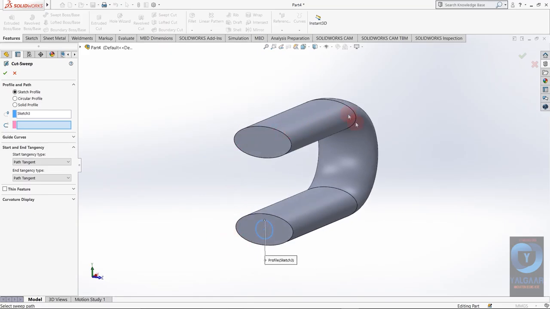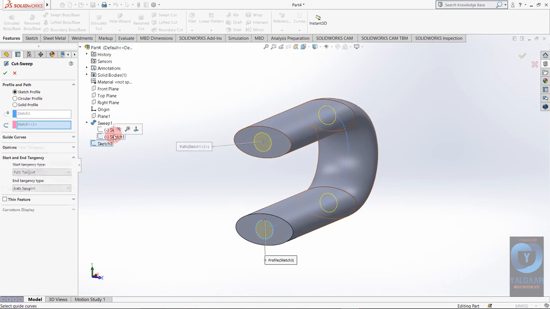So as you can see I cannot see the guide curve. I am going to use the same guide curve but I can't see it, so I am just going to select it from the design tree. So as you can see the path is selected.